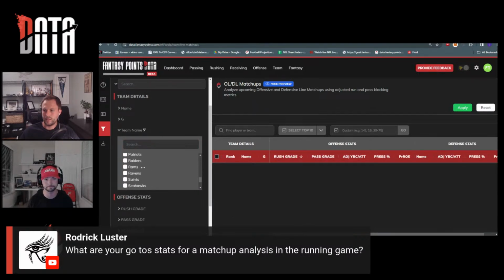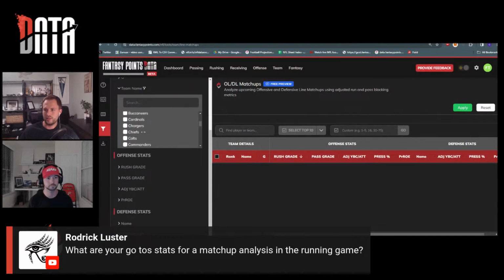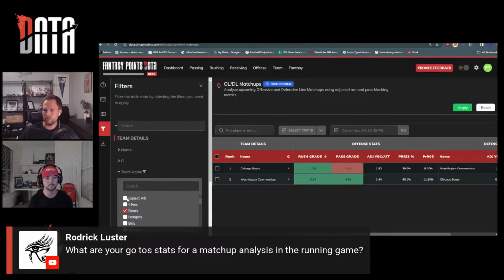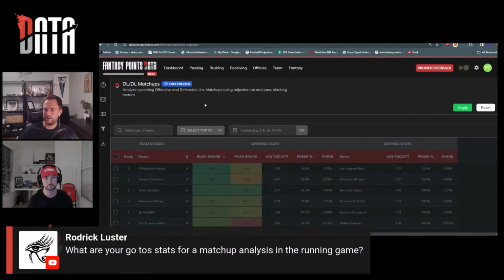Yeah. So you can also come into this filter and turn certain teams on and off, because using the search bar, you can only type in one team or player. But if you wanted to just look at these two specific teams, Commanders and Bears. So the run game looks definitely better for the Bears than the Commanders. Actually, let's look at the whole team, because we could see how that compares to the entire league.